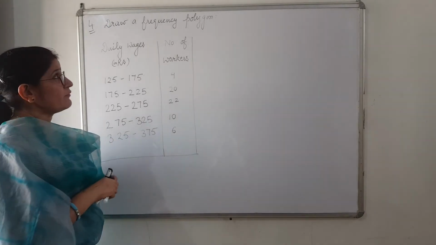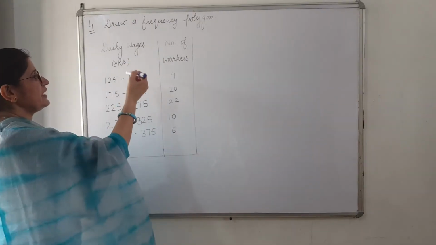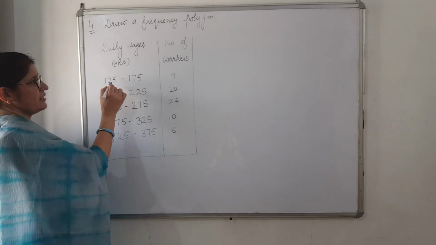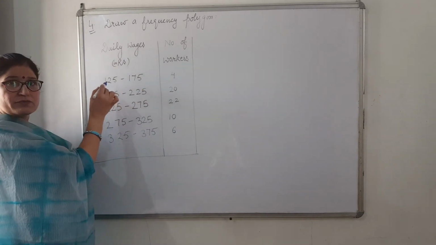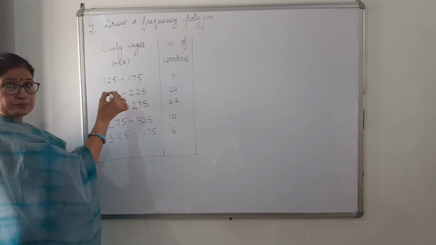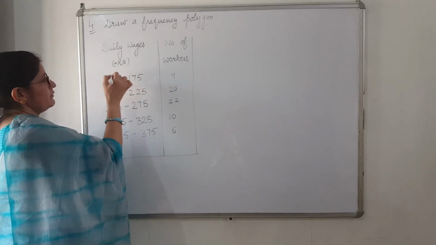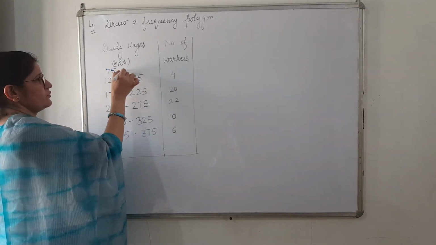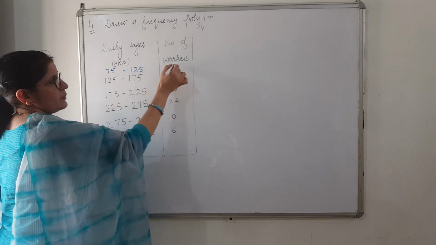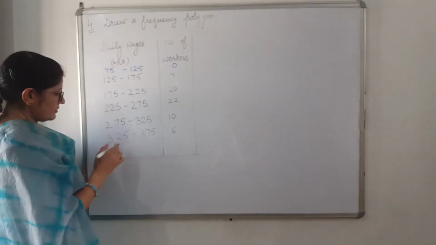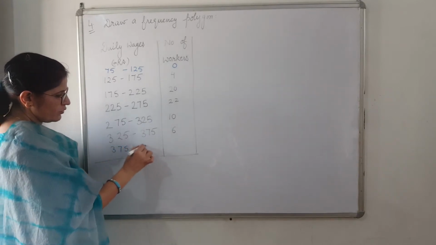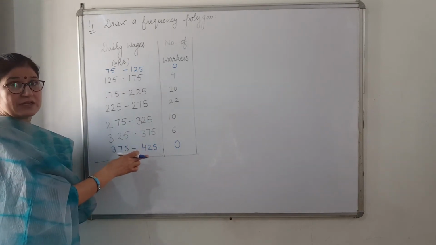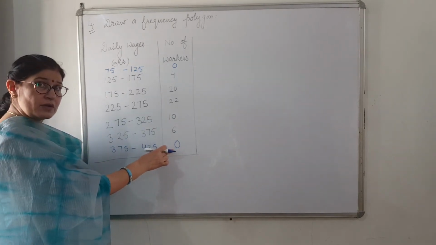Before starting the histogram, for the frequency polygon we know that we need one previous class interval and one next one. So here you just see 175 minus 125, this difference is 50, here also. So to find the previous one, we will take minus 50. 125 minus 50 is 75 to 125. Number of workers 0. Next one 375 to 425. Again we don't have any worker whose daily wage is in this range. So number of workers 0.